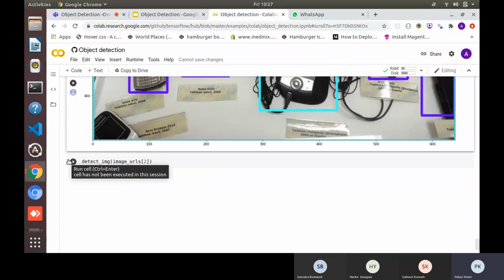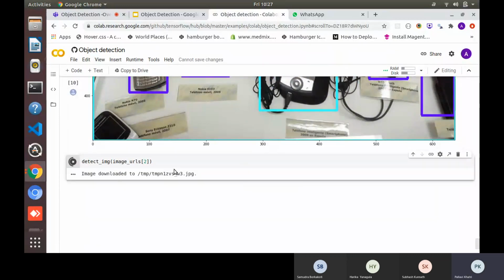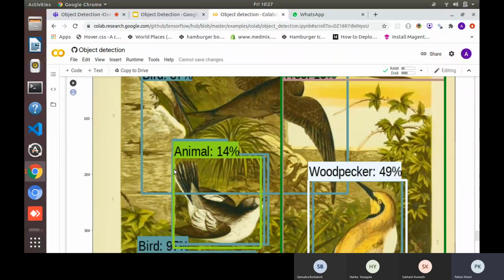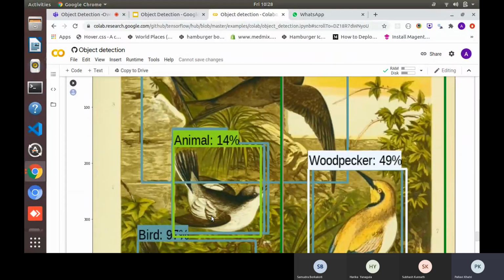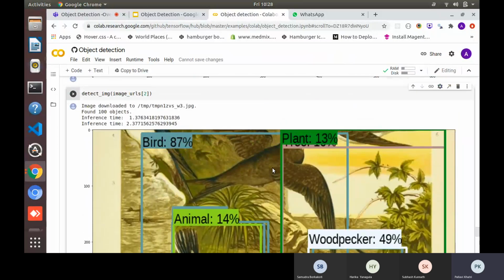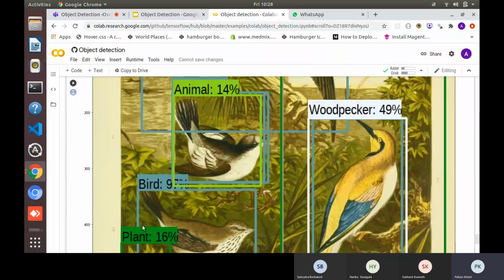And the third image, it's a painting. It is detecting this bird as an animal. This is a woodpecker. This is a bird. It's a plant, and then it's a plant.